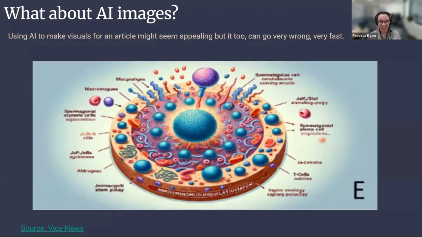You want to take a minute to talk about AI images? So AI images. One thing we see AI used for in scholarship sometimes is people not using it to write articles, but to make images. A lot of us are scientists. We're not artists. Not all of us know how to make compelling visuals, and so AI can be very tempting there. I would say don't do it.